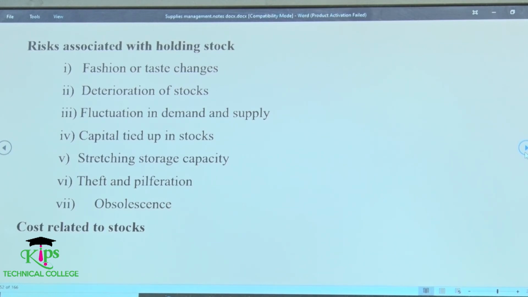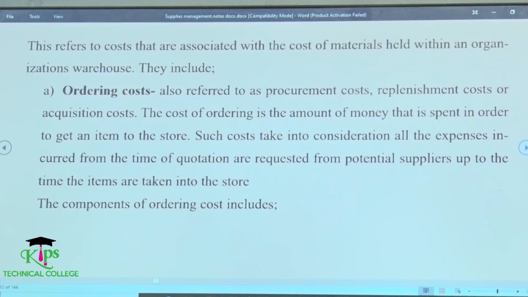So what are some of the costs related to stock? We have four major costs that are related to stock. The first one is the ordering cost, also referred to as the procurement cost, replenishment cost or acquisition cost. The cost of ordering sometimes is very high. This is because sometimes you need to do follow-ups to your suppliers. You must request quotations from your suppliers, and this can also be costly to your